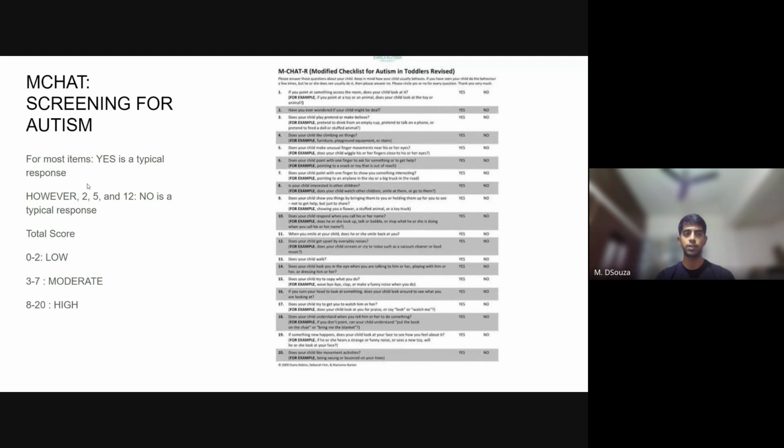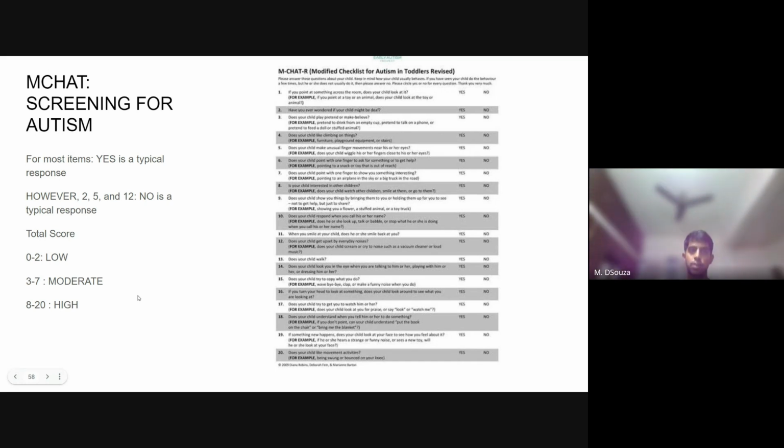What you generally have to do is identify whether there's any atypia. For most items, yes is the typical response, and for items 2, 5, and 12, no is the typical response. So you count the number of atypical responses. 0 to 2 is low, and in these cases, no further intervention is needed. It's highly unlikely that they have autism. 3 to 7 is a moderate risk for autism, in which case you would repeat the test